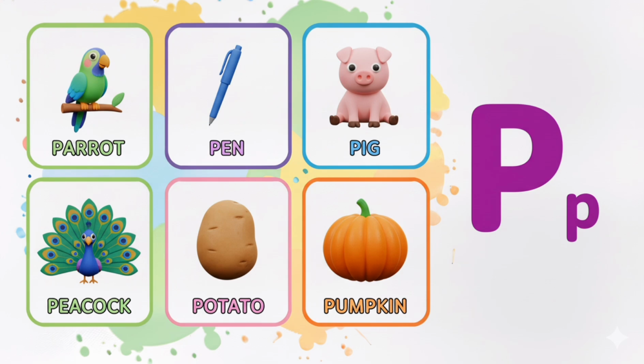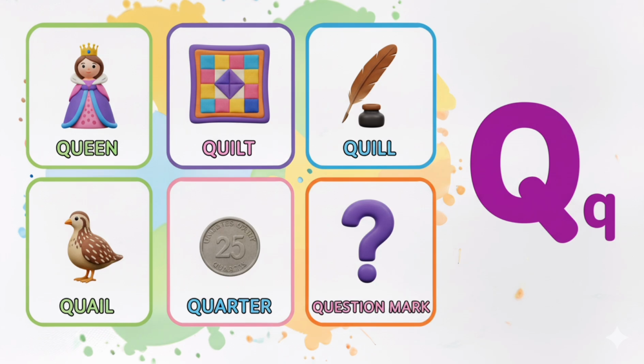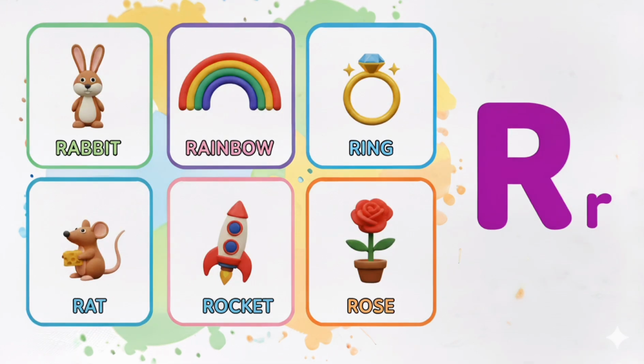for potato, P for pumpkin, Q for queen, Q for quilt, Q for quill, Q for quail, Q for quarter, Q for question mark, R for rabbit, R for rainbow, R for ring, R for rat, R for rocket, R